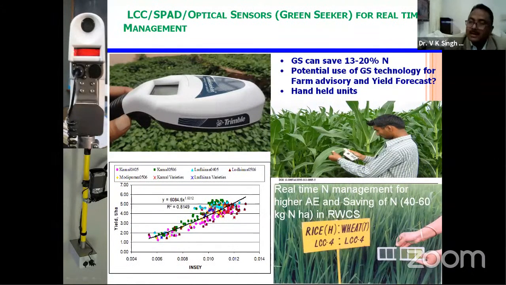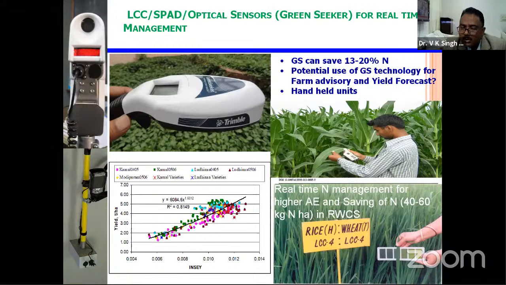So how to determine when to apply nitrogen? There are approaches like the leaf color chart, a very practical example. You go in the field, take 10 leaves, average the uppermost leaf, and match it. We have developed recommendations for it. For example, in rice, if you are growing basmati rice, once your reading comes less than 3, then you have to apply 20 kg of nitrogen. If you are growing any hybrid rice or coarse grain rice, once your reading comes less than 4, you have to apply 30 kg of nitrogen.